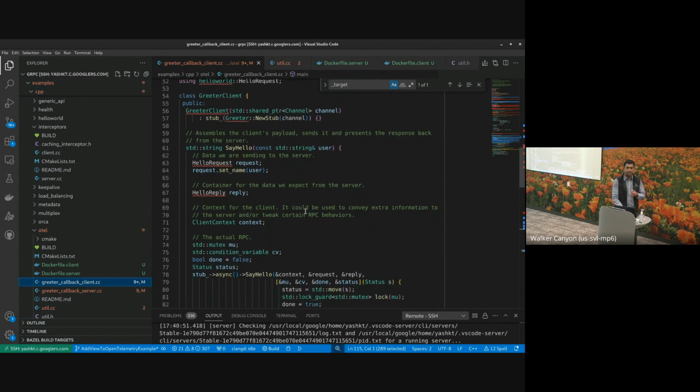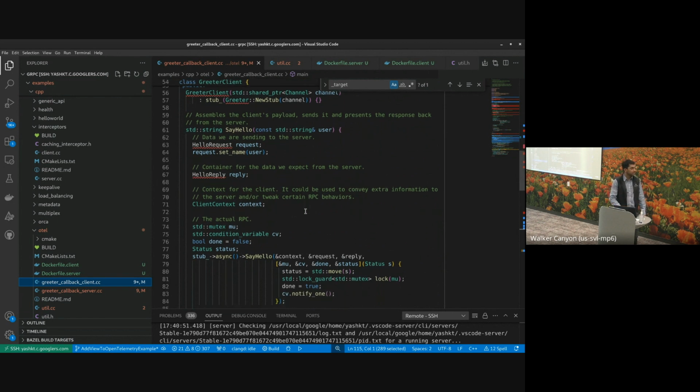Before this, we had something called a completion queue-based API and a sync API. Those were the only two APIs available, but they were kind of complicated to use, because if you wanted to have a performant application, the sync API was slow, and the completion queue API was difficult to use. So the callback API is another asynchronous API which models the approach of Stubby, the internal RPC system that Google has, and works on the paradigm that when an event happens, certain callbacks are invoked for